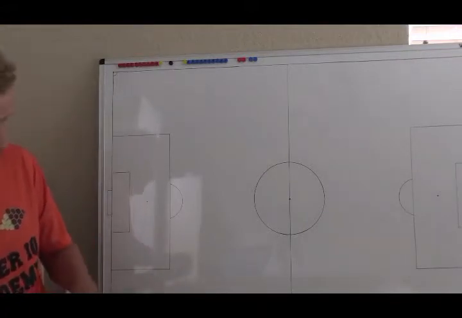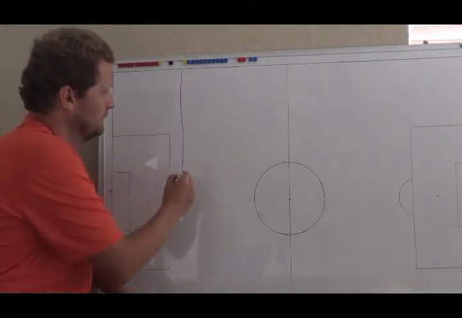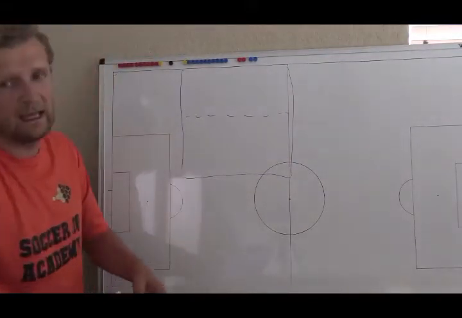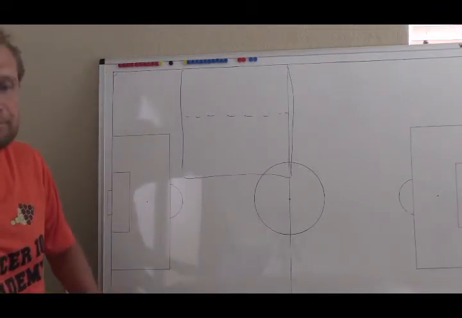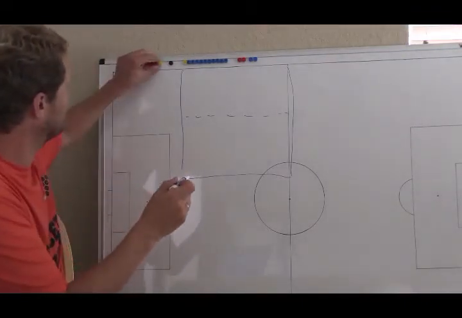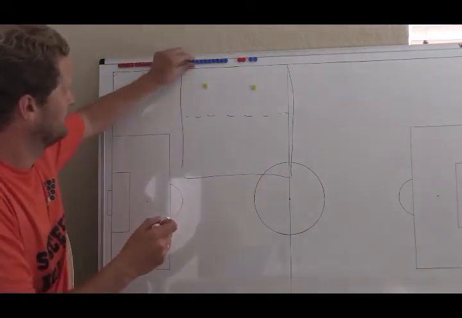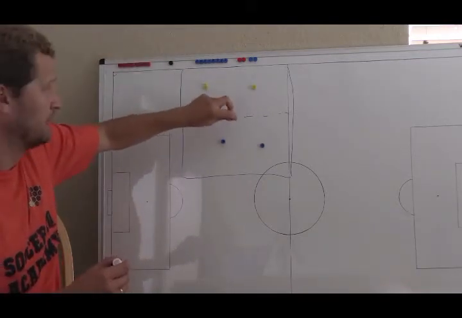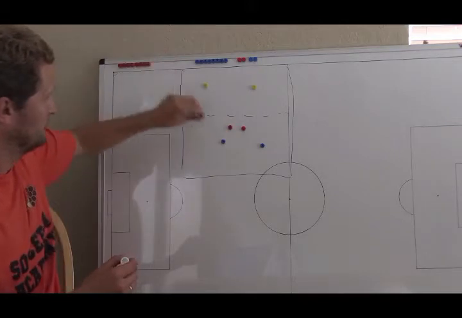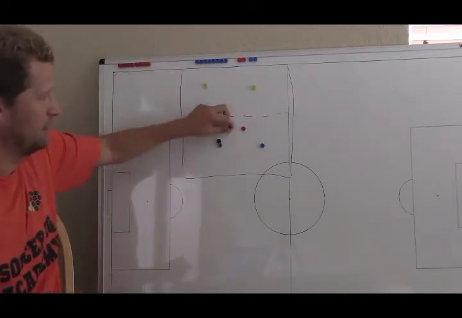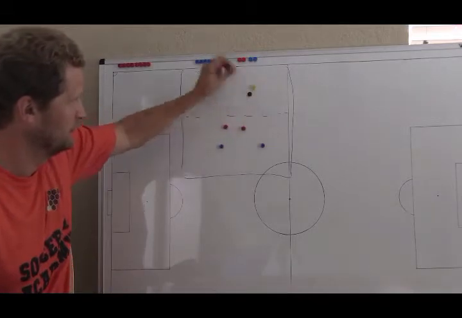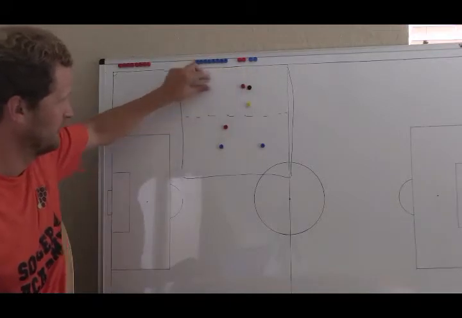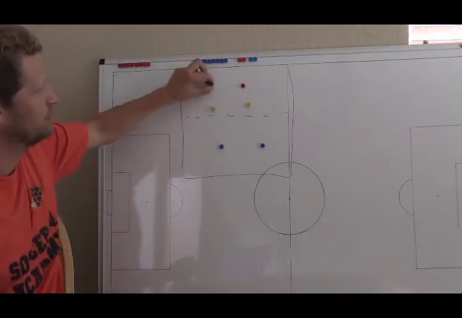First activity is extremely simple. It's going to be the square divided by half, and there are going to be about 2 players of one color. Let's put them yellow. 2 players blue, and let's say they're playing against 2 players who are red. When yellow have the ball, they're trying to move the ball and then move it to blue. If red wins the ball from yellow, for example, yellow become monkeys, and these 2 players move the